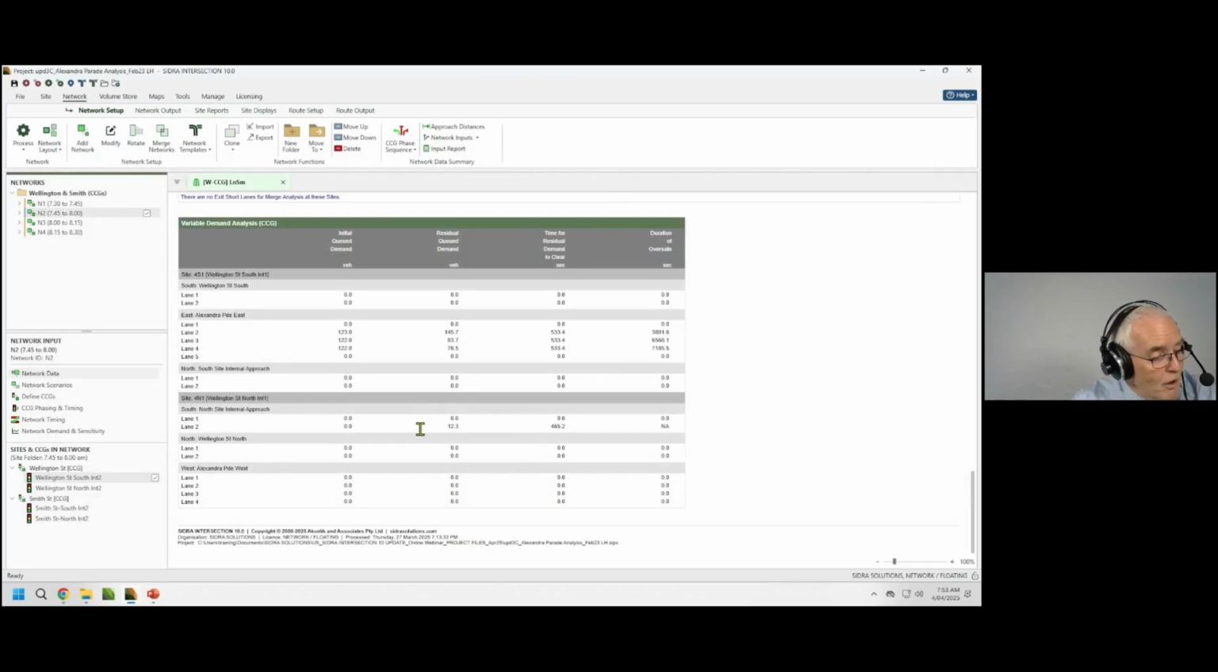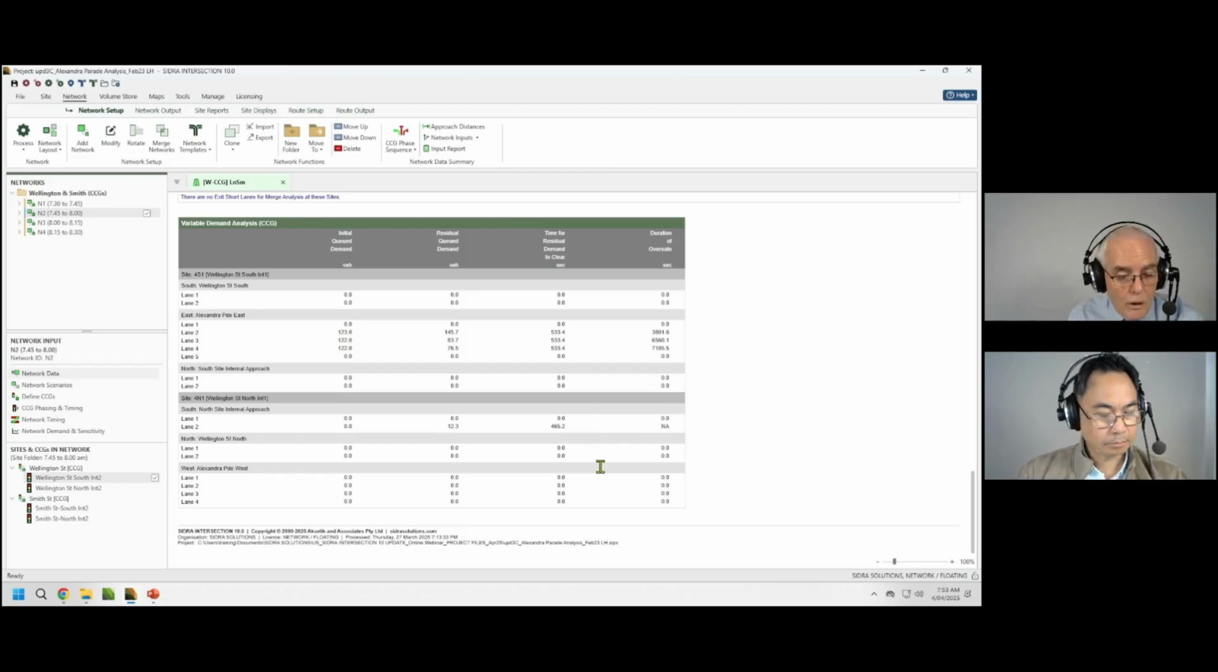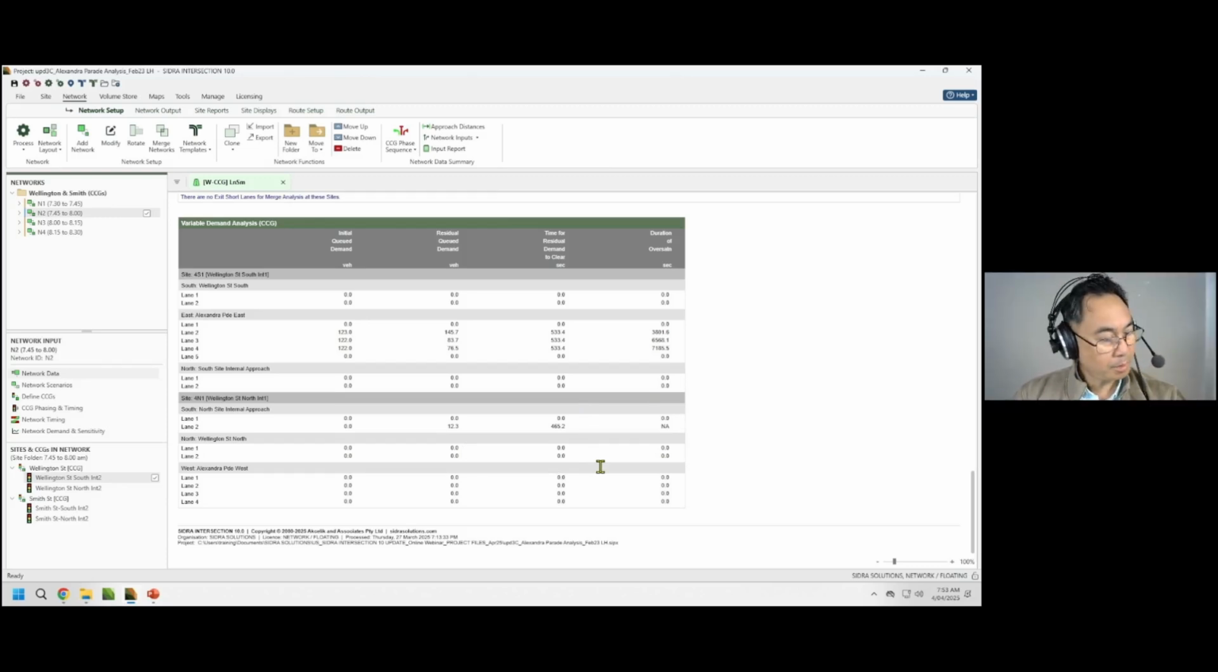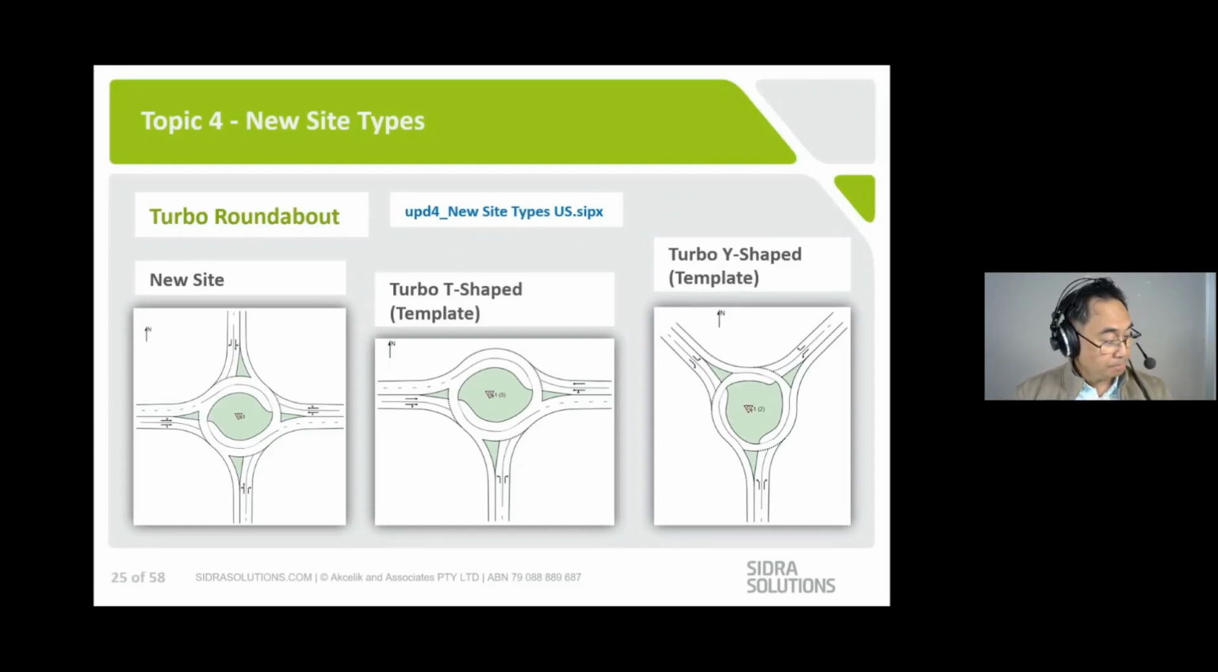I'm going to pass to my colleague Ian, who's going to tell you about some new sites that we've introduced into version 10. Okay, thank you very much, Mark. Okay, so one of the